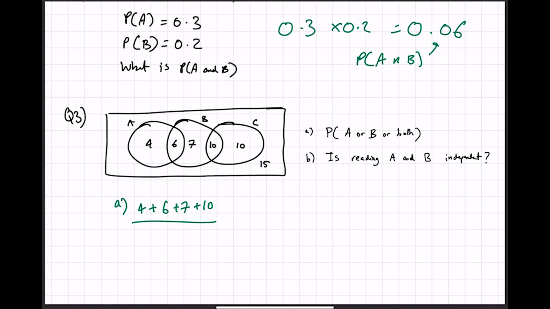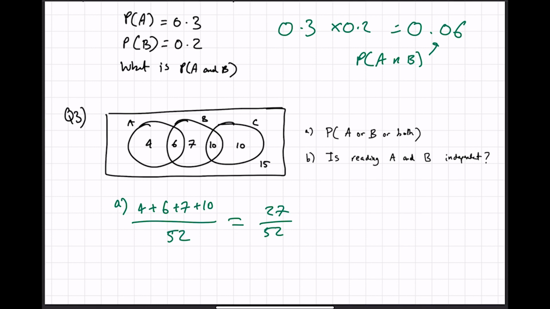So in total, how many different things do we have? Let's add that up. We've got 4 plus 6 is 10, 17, 27, 37, 52. So that's just 52. The answer for this one will be 27 over 52. That's the probability of A or B or both happening. And the next kind of question you often get asked is